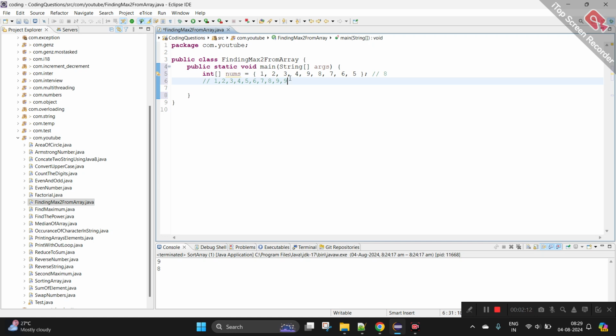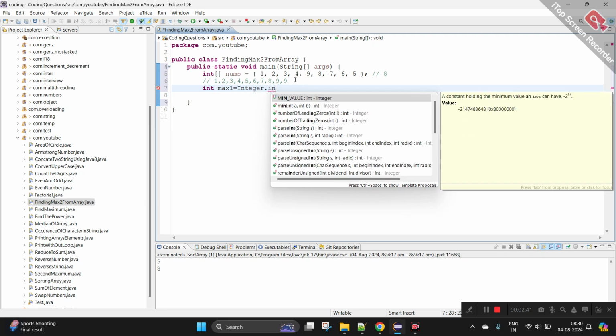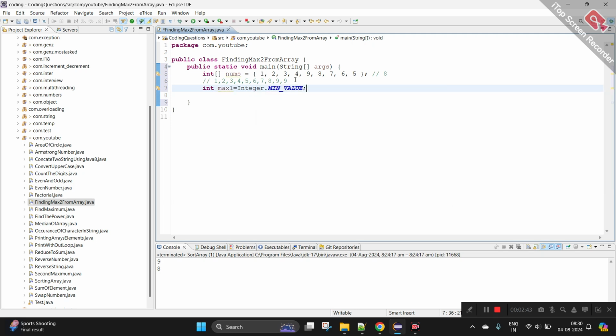So if we apply the inbuilt sort method, then we have to remove the duplicates, then it will work. So now we are taking two variables, like int max 1 for the maximum, assigned Integer dot MIN_VALUE.